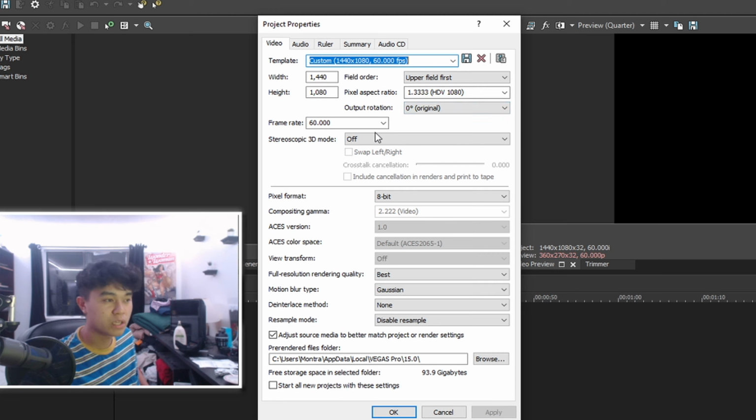A lot of tutorials will keep you at 59. I found 60 to be working for me. My pixel format is 8 bits. My full resolution rendering quality is best. Motion blur type on Gaussian. Resample mode, I have that disabled. It's really important, from all the other tutorials that I've watched, that you have this on disabled, so keep it